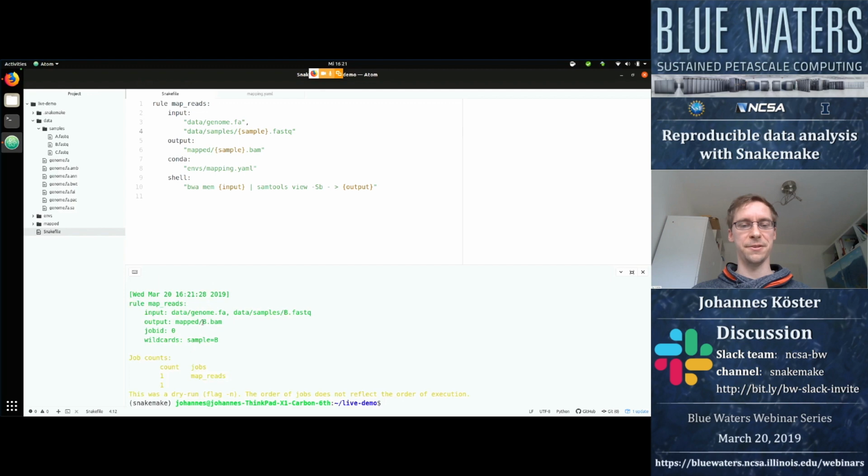And as you can see here, the value of this wildcard sample is propagated to the input file, so it requires the file b.fastq to be present in the samples subfolder. Okay, so if we now run this,